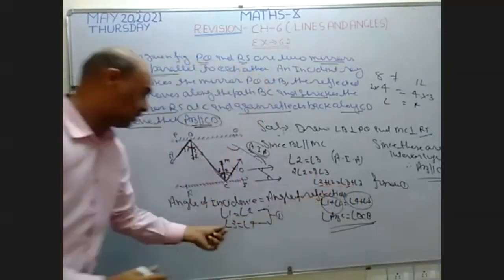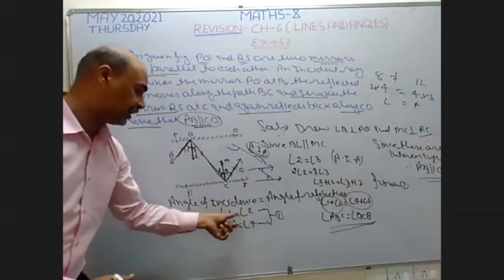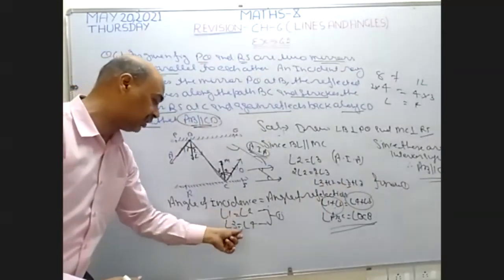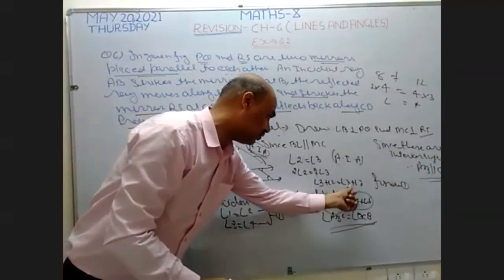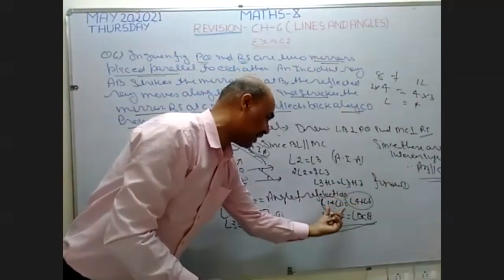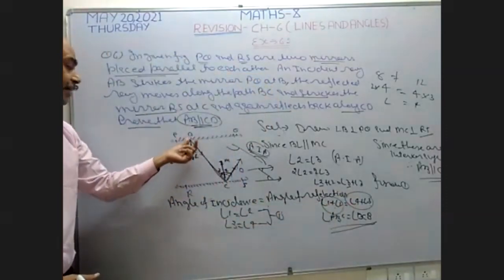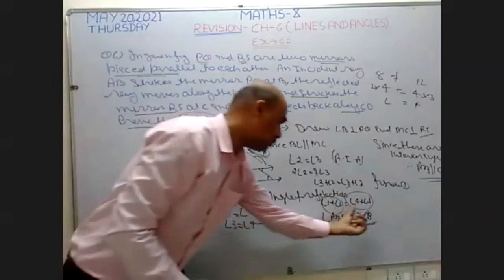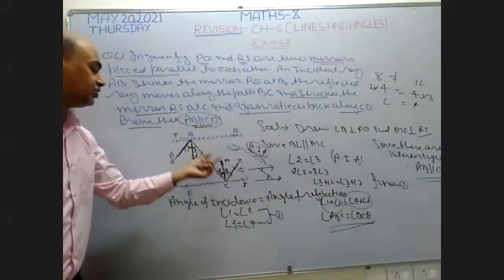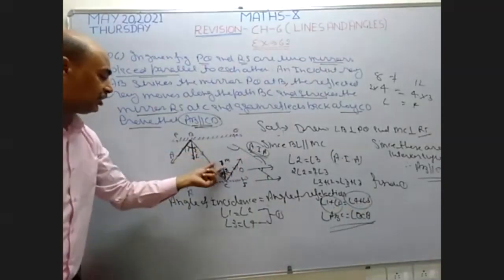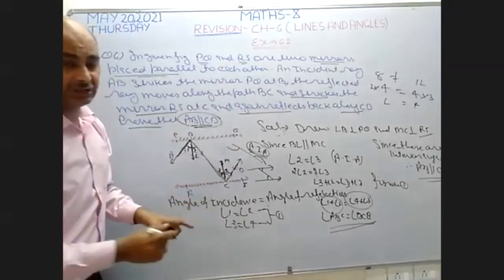After that, I replace angle 2 by angle 1 and angle 3 by angle 4, because I already proved angle 1 and angle 2 are equal, and angle 3 and angle 4 are equal. So instead of angle 2, I write angle 1, and instead of angle 3, I write angle 4. When I write angle 1 plus 2, this becomes a complete angle, so I write here ABC. After that, this also becomes a complete angle. This becomes DCP. Since these two angles are equal, and these are alternate angles, therefore these two lines become parallel to each other.